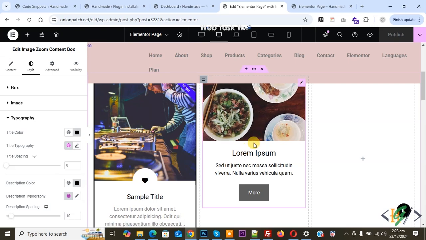Bismillahirrahmanirrahim. Assalamu alaikum. My name is Hassan and today we are going to add sliding icon box widget in Elementor